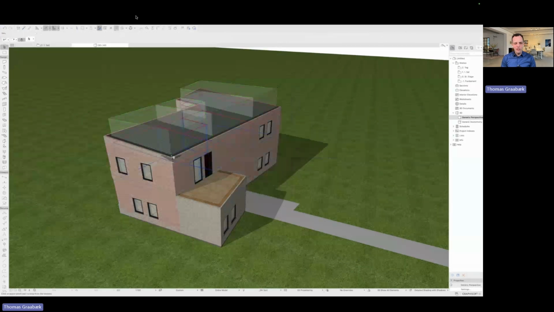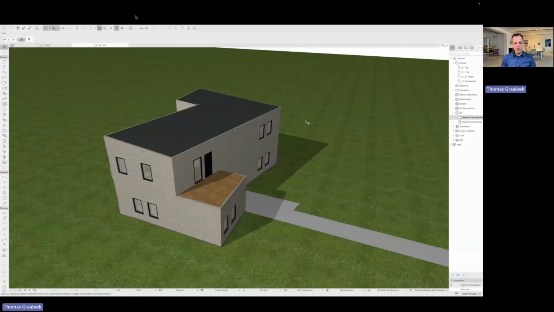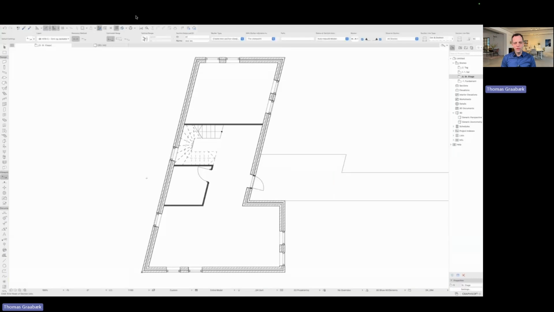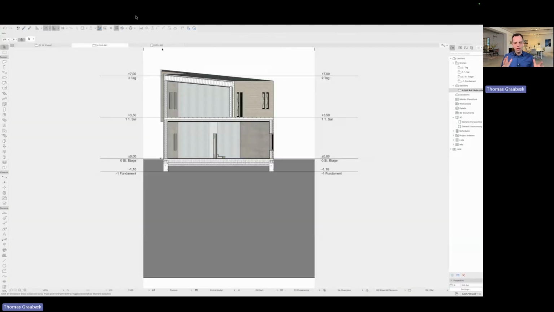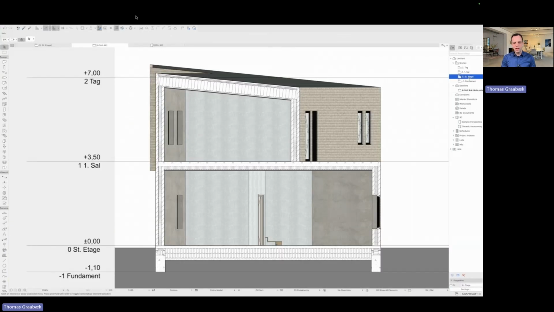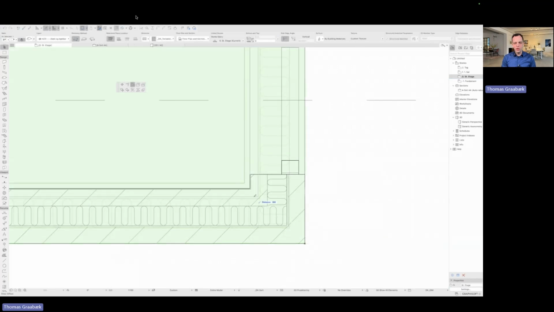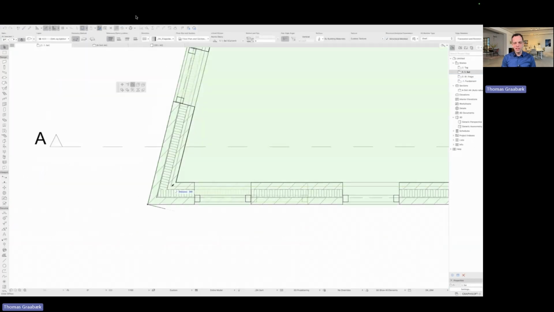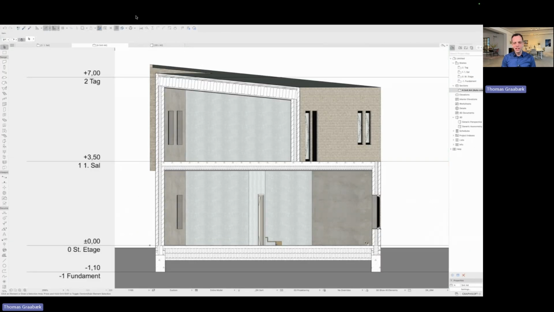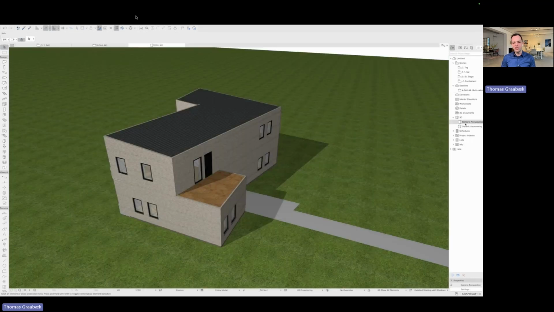To determine the roofs, I need to cut the zones with the roof. So the zones have to touch all the outer parts of the building. So here you can see what I think is a sweet spot for the LCA calculation in detail level. We need materials, but it doesn't have to be a fully detailed building.